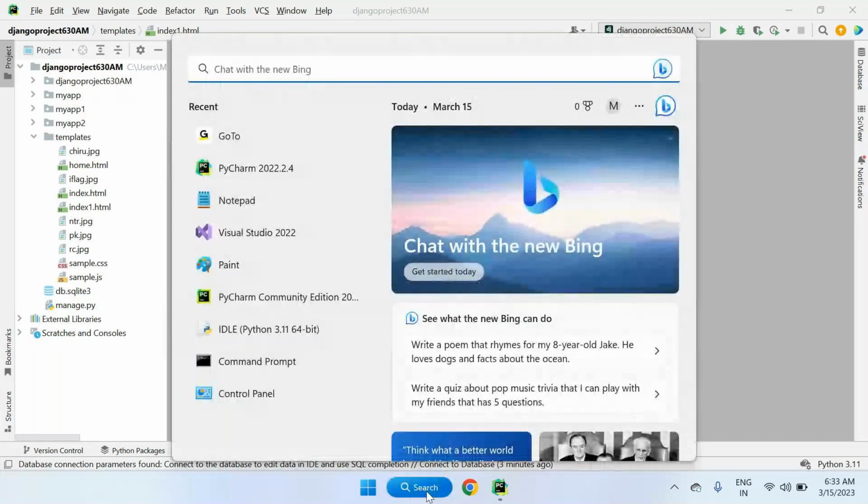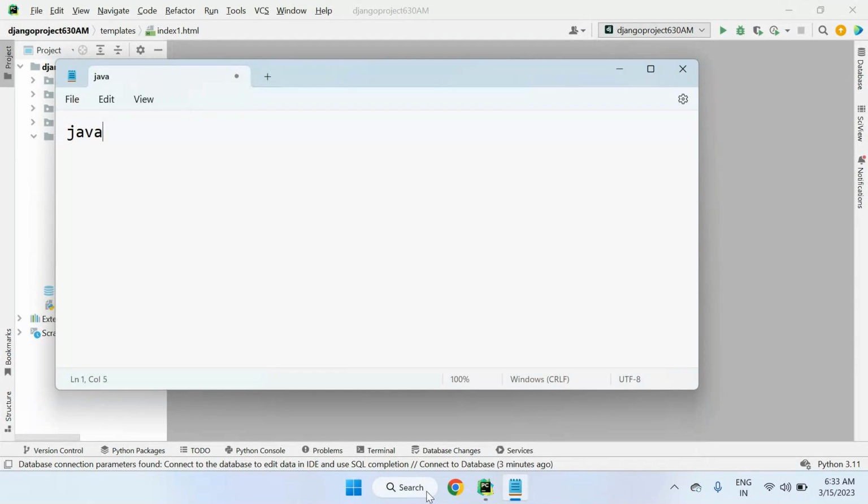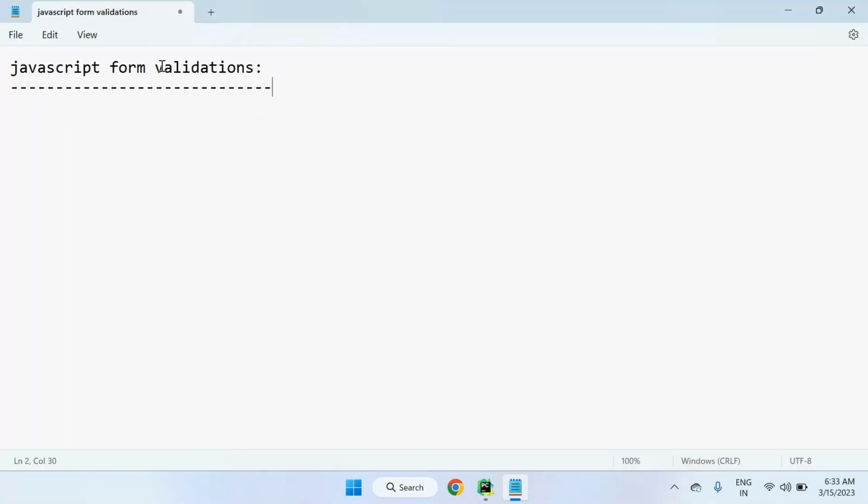Okay. So in today's lecture, I'm going to show you JavaScript form validations. Because validations are very important in any web development process. So normally form validation means whenever we enter the data into a form, like an HTML form or any other form, Django form,